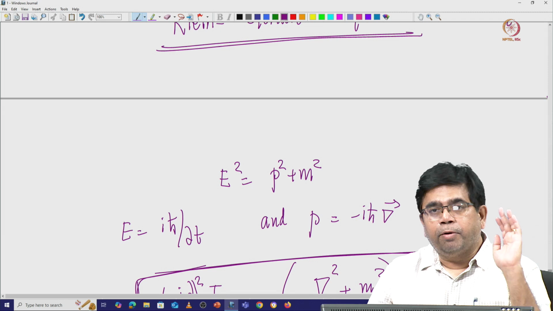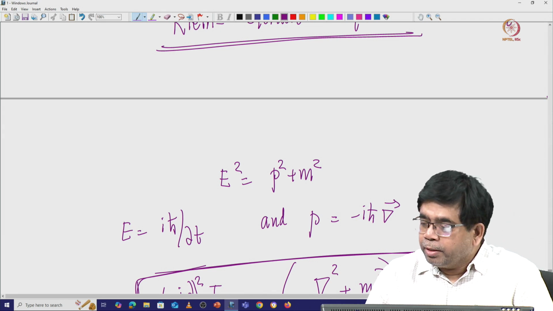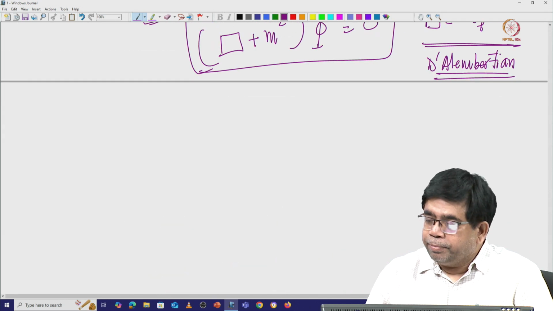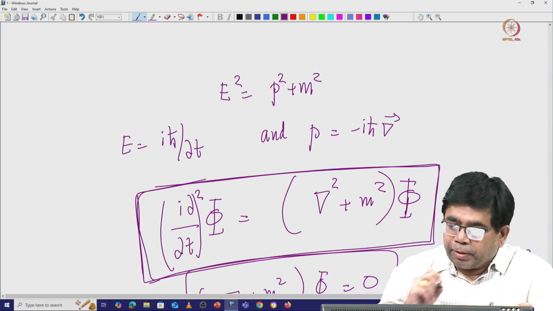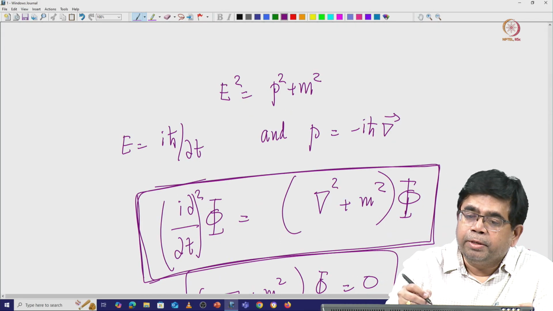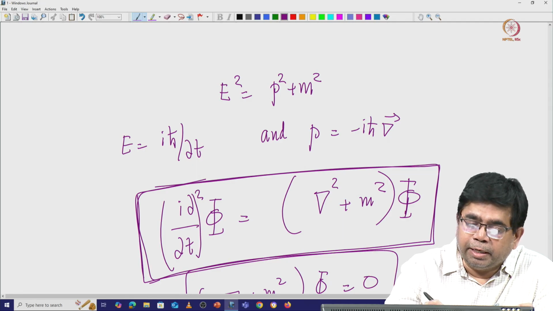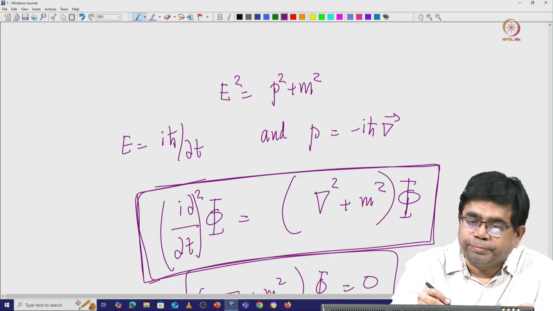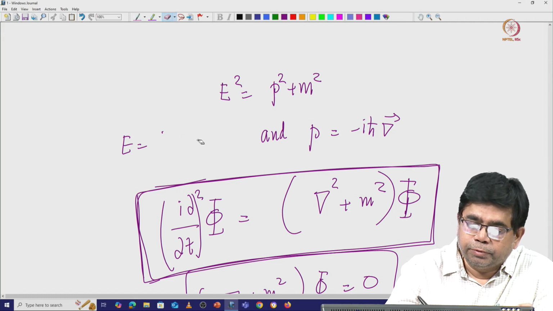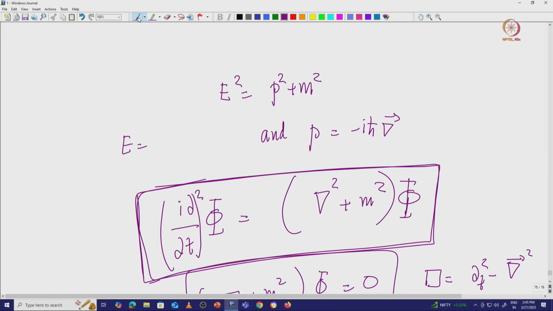We do not modify it, do not take the square root, and then substitute E is equal to i h cross del by del t. There is a del by del t missing here, let me put it back. And P is equal to minus i h cross del, and then setting h cross is equal to 1,